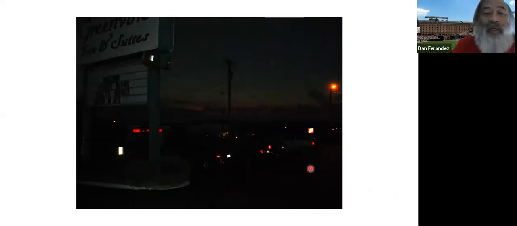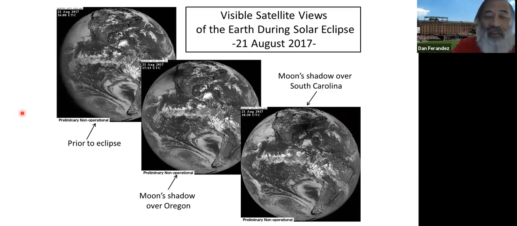What ended up happening was I was a little bit dismayed initially because all of the automatic lights went on, and I was thinking, oh, I wish that didn't happen. But in retrospect, I'm glad at least some of the lights went on. Otherwise, if I tried to take a picture, I would not have had anything to show you. It would just have been a dark screen. I wanted to show you